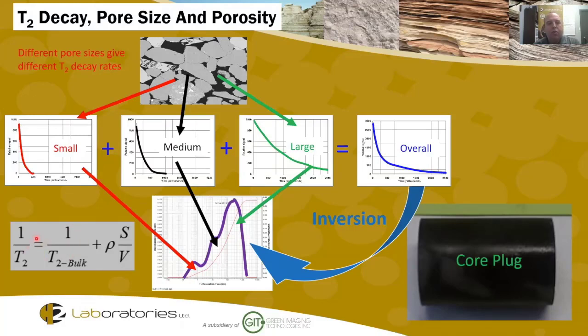This means that the rate of transverse relaxation time is proportional to the surface to volume ratio of the pore. What this means is that small pores with large surface to volume ratios have fast decay, whereas large pores with small surface to volume ratios have slow decay. What we measure is actually the sum of all the transverse relaxation time decays in all the pores. We get an overall decay that we fit to an exponential function. We then invert that function to get a T2 distribution. And as I said, because T2 is proportional to surface to volume ratio, this is essentially the pore size distribution